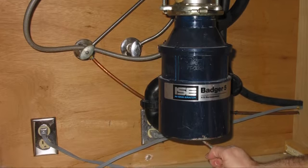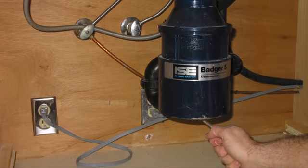Hi, I'm Michelle with Handyman Matters of Cherry Creek, and I have a great tip for you homeowners. If you have something wrong with your garbage disposal, perhaps it's clogged or jammed, we can help you out with this. First, what you're going to want to do is turn off the switch that's providing electricity to the disposal,